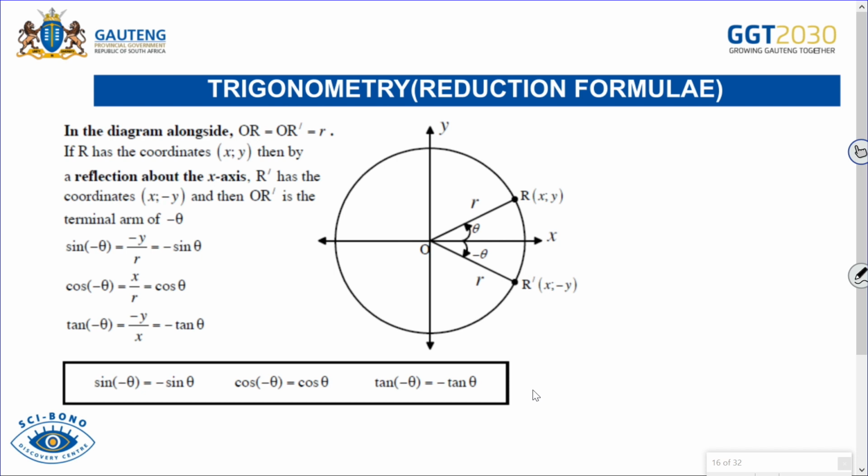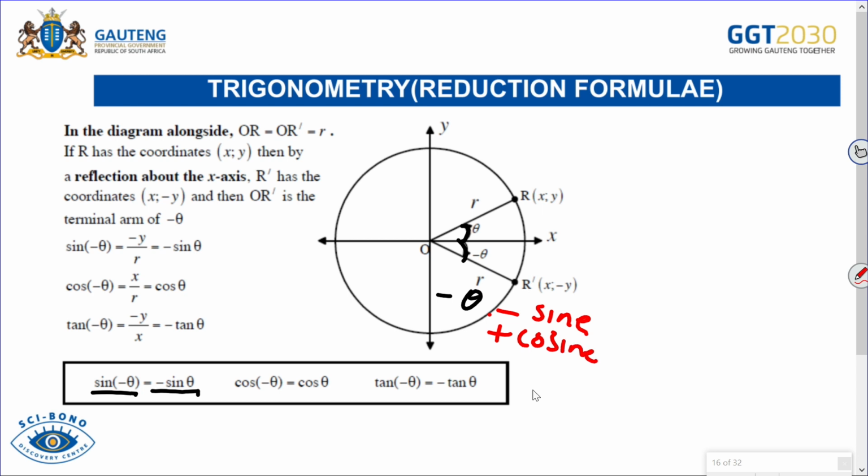Okay, now let's look at what we call the negative angles. So if we're going in an anti-clockwise direction, this angle, which is theta, when it comes this side, becomes negative theta, all right? We're still doing the same things that we've been doing in the previous slides, so you can go through the same slides and see what we've been doing. So sine of negative theta will be written as negative sine theta. A negative angle is in the fourth quadrant. So if it's in the fourth quadrant, obviously your sine is going to be negative, your cos is going to be positive,